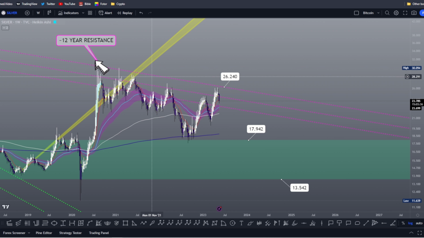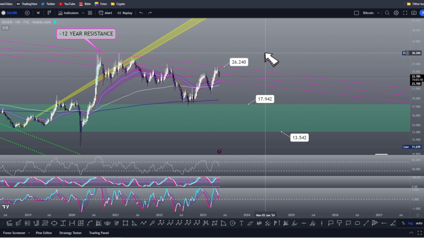Here for silver, it's essentially the exact same thing. We have a longer term resistance here, approximately 12 years. We're also getting rejected here. The price harmonics look somewhat similar right here. Not necessarily, though. I'm not going to say that is a rising triangle or a rising wedge like I did for the previous two, but you can see we're getting rejected here. Once we start to lose $22 to $20, that's really going to start to affirm silver here for me,